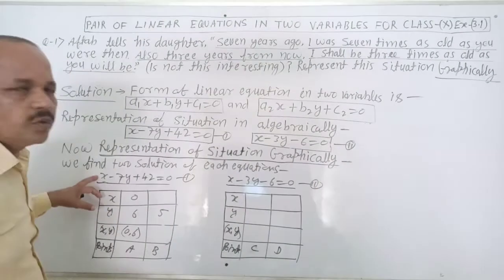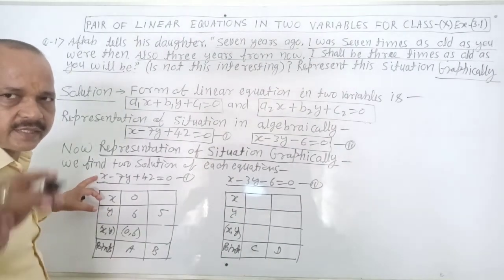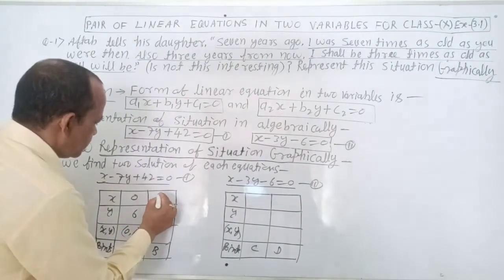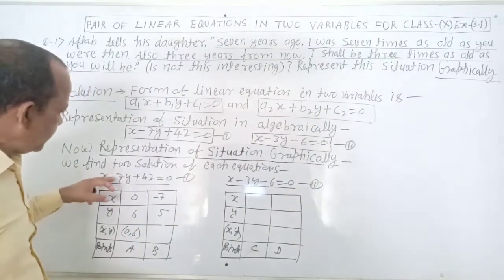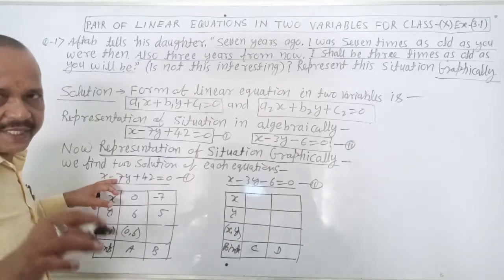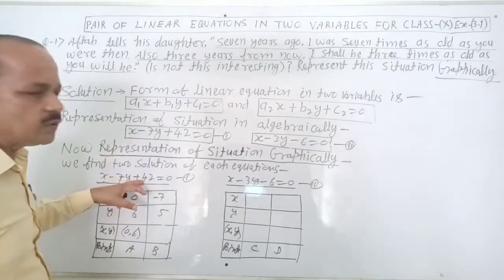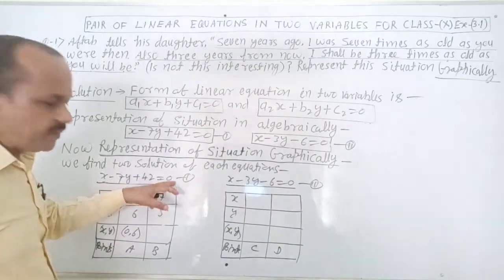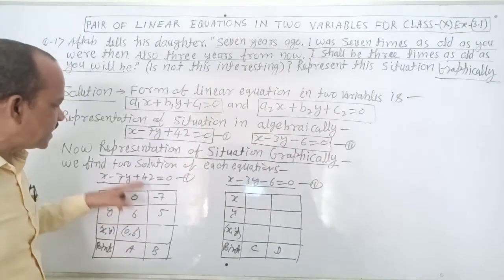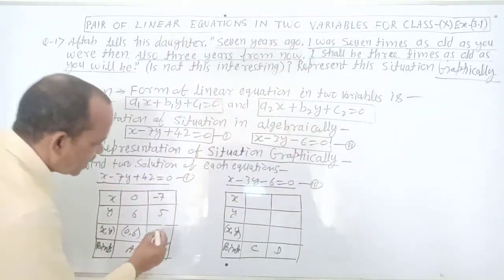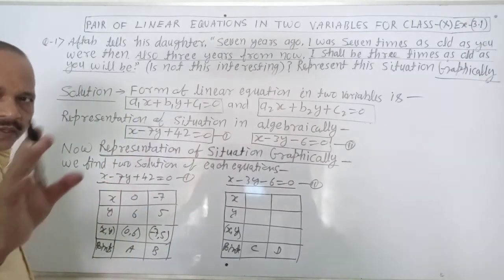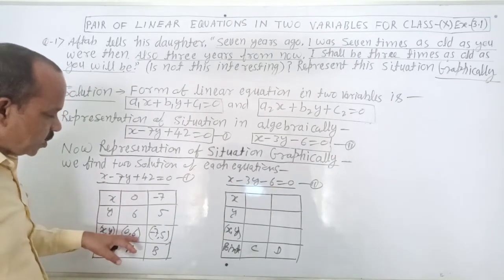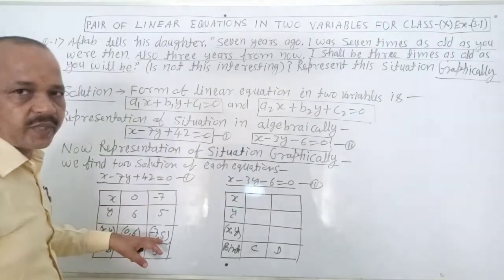And here you put the value of x is 7. Here minus 7. It becomes minus 7. Minus 7 minus 35 becomes minus 42. Here plus 42. It becomes 0. It means the values of x and y satisfy this equation. Your coordinate is minus 7 and 5. Clear? Coordinate of point A is 0, 6, point B is minus 7 and 5.